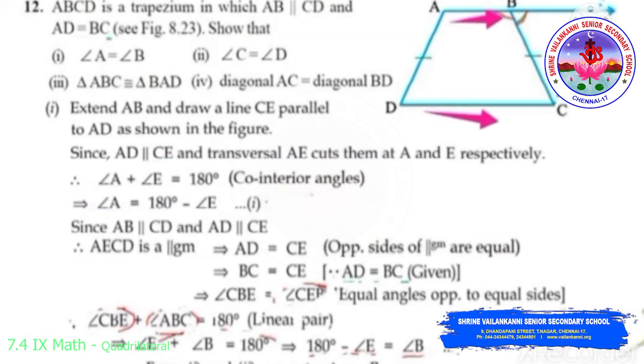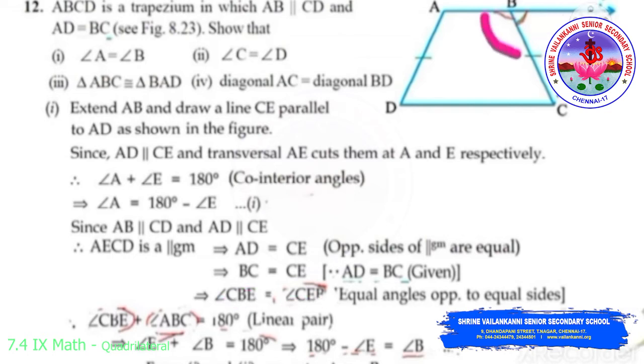Since AB is parallel to CD, my AE also will be parallel to CD, and we know that CE is drawn parallel to AD. So I get the figure AECD is a parallelogram, implies AD is parallel to CE, opposite sides of the parallelogram are equal. Since AD will be equivalent to the length of BC, replacing AD as BC, I will be getting BC is equal to CE. So we get BEC is an isosceles triangle, and the angles opposite to equal sides will be angle B and angle E. That is, angle CBE is equivalent to angle CEB.